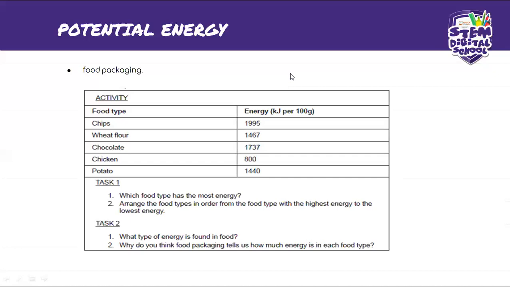Again, we are going to look at the food package, and then arrange the food items in order from food types with the highest energy to the lowest energy. Let me see whether you are following here again. Yes, all right, let me see. Somebody is saying that I should speak up. I think that maybe this person is not hearing me. Okay, I've heard you. All right.